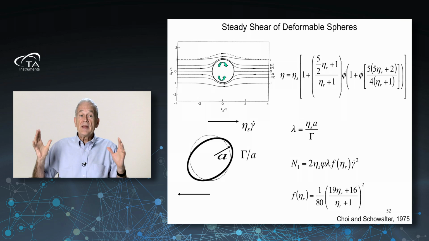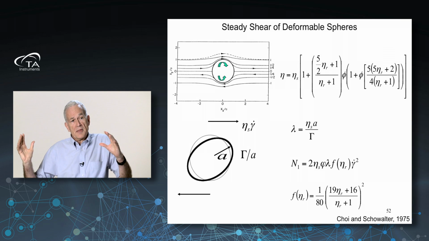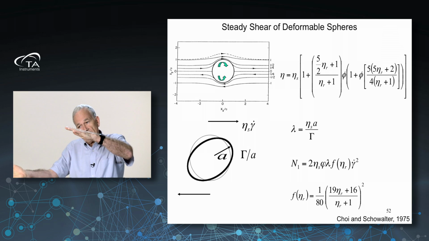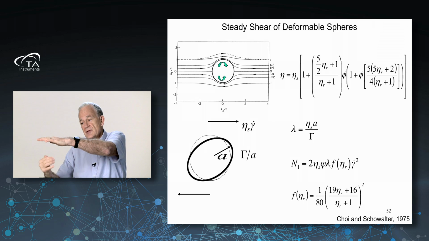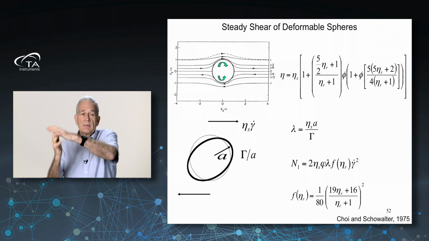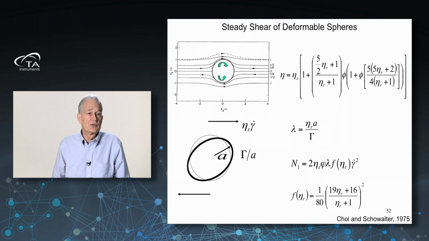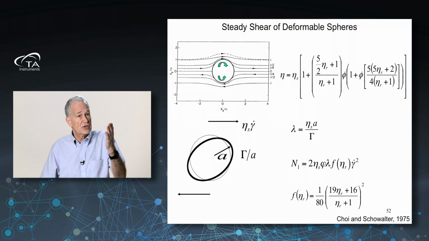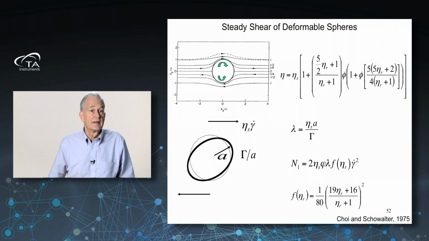And then the other thing that happens is that the drop pulls back and it generates normal stresses. So if we have a shear flow and then we'll have some pulling back, that will push the streamlines apart, and that gives you a normal stress. And we can measure that in rheometers. For example, in the cone and plate, we can measure the normal force. So we can measure the viscosity increase due to the droplets present and the normal force, and that's shown on the next slide. So here is a different blend,